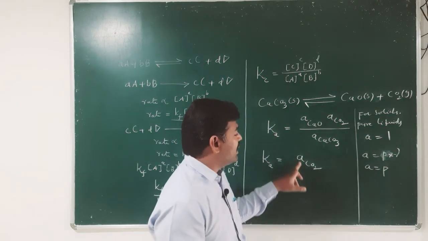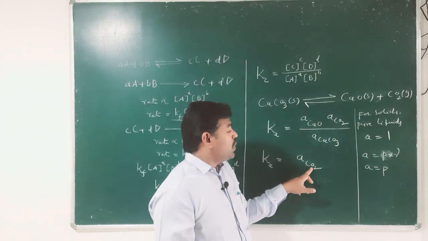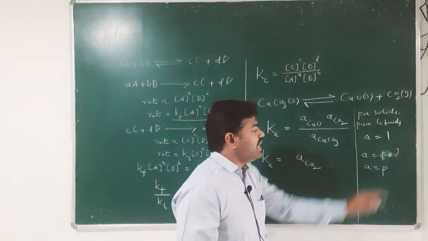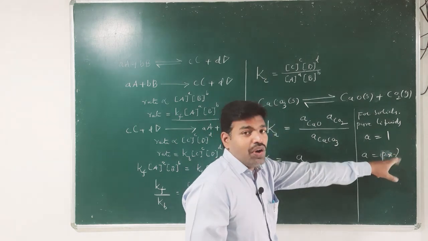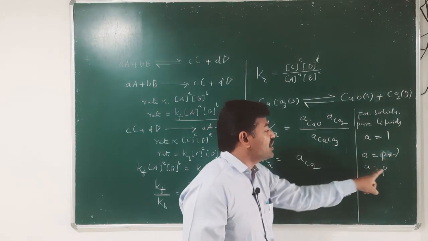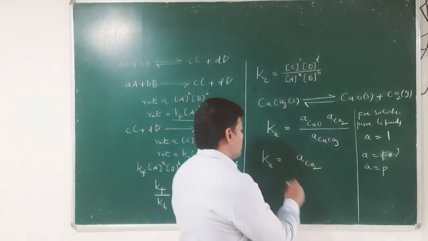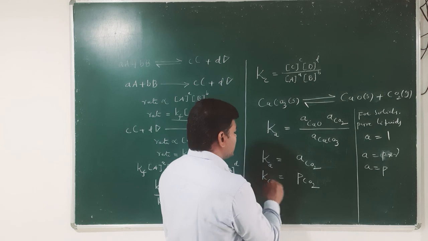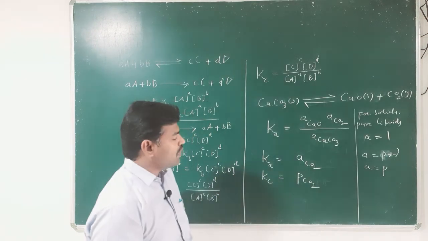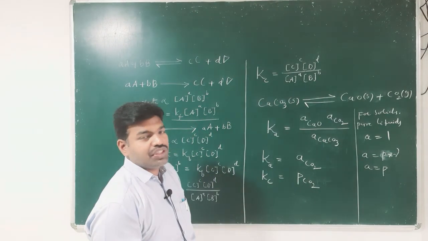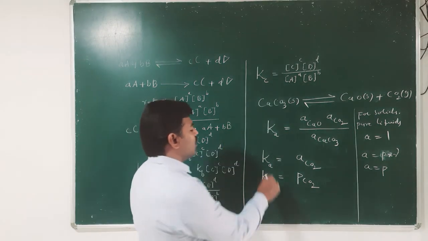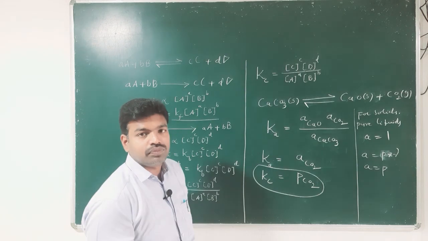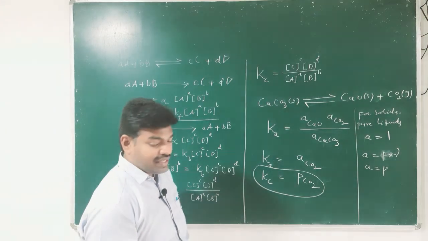For gases, CO2 is a gas, so activity is equal to pressure into activity coefficient, and for gases the activity coefficient is equal to 1 and activity is equal to pressure. So, we can write it as the partial pressure of CO2, and that equilibrium constant Kp is equal to the partial pressure of CO2. Okay, that is